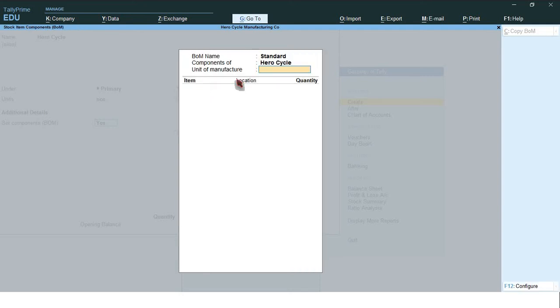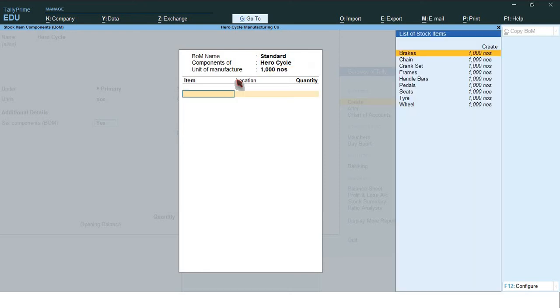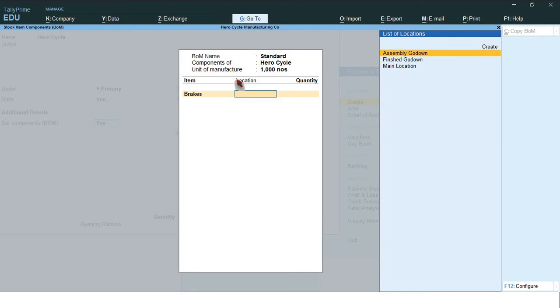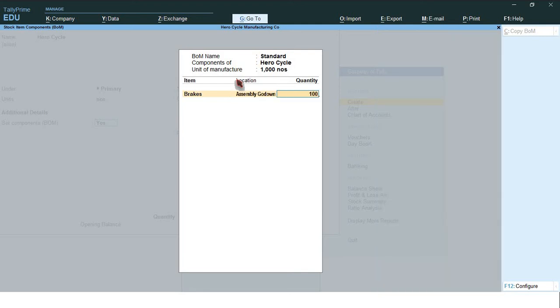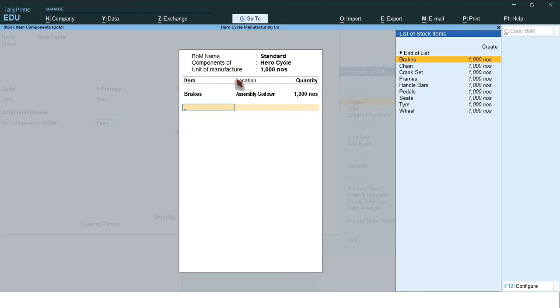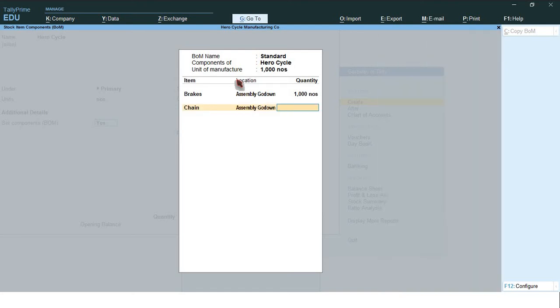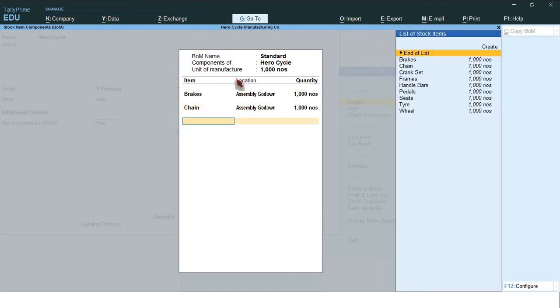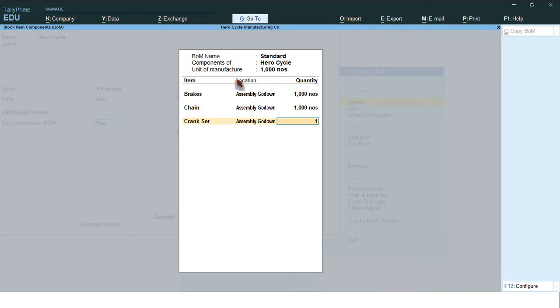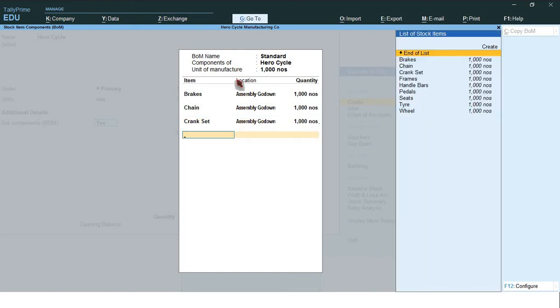So unit of manufacture. Today we are going to manufacture 1000 cycles. So you have to type here 1000 numbers. So select one by one. Brakes, assembly godown, 1000. Chain, assembly godown, 1000. Crankset, assembly godown, 1000.